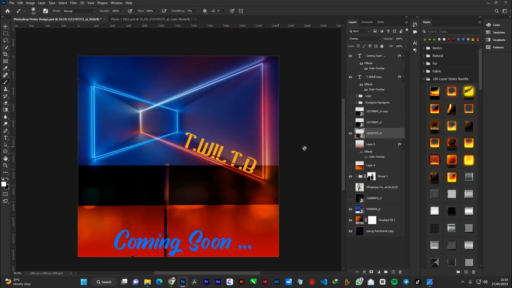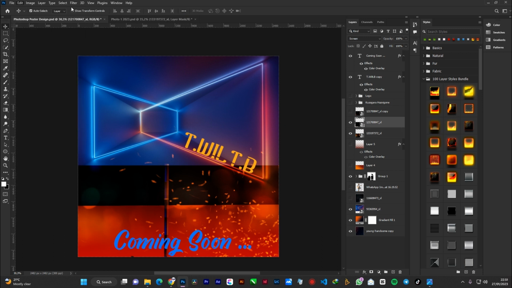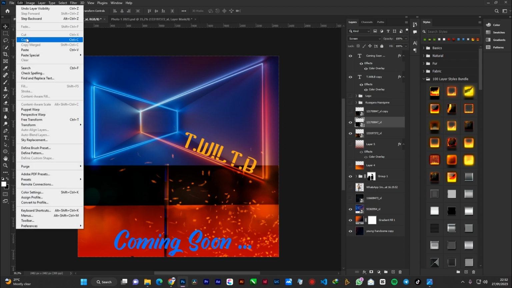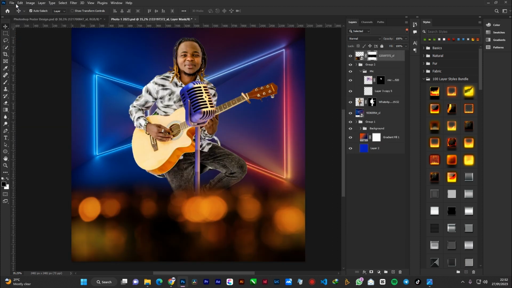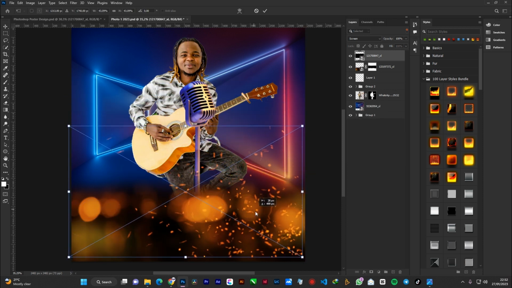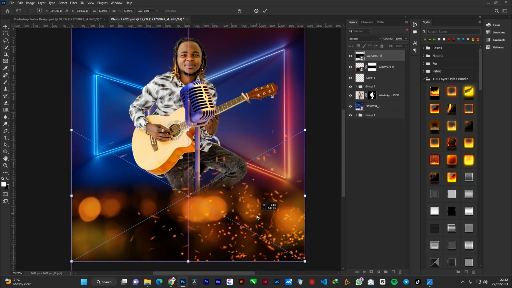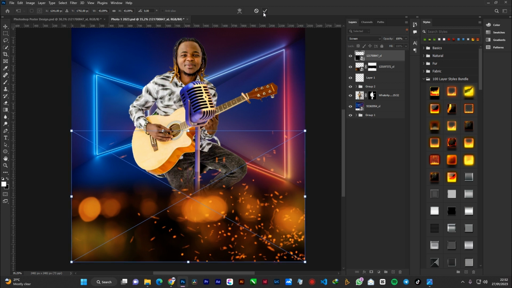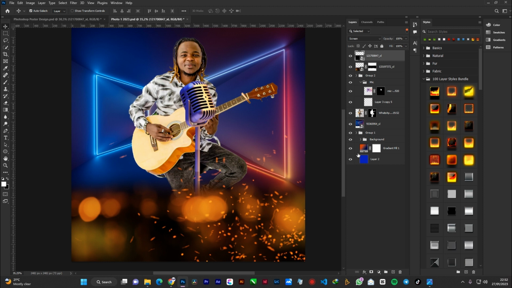Then we come back and we want to take another layer. The other layer that we have is this effect, and from there we copy it and edit copy. I paste it over here. So this is the effect that we are having. So I just want it to be something like this. Yeah, but before I do that,